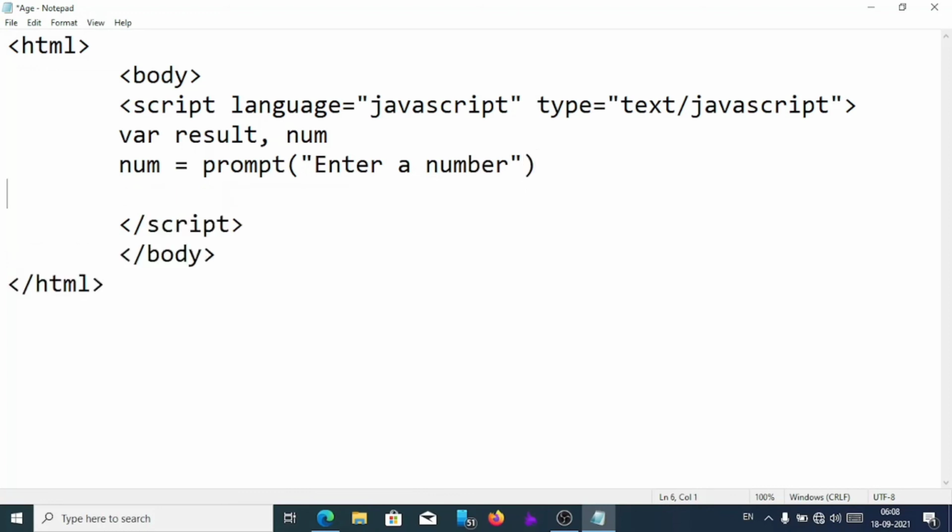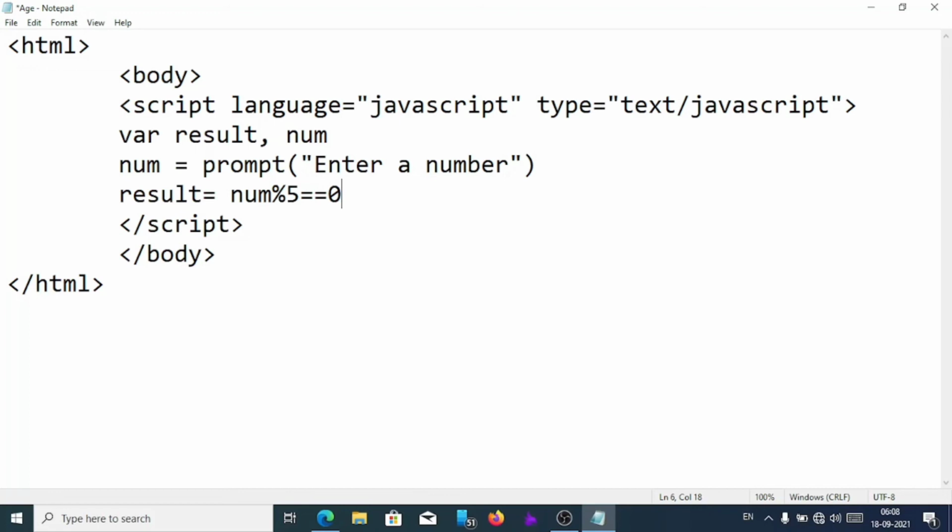Now we'll write the condition result equal, here first I will write the condition num modulus 5 double equal 0, means I will divide the number by 5 and check whether the remainder is 0 or not.